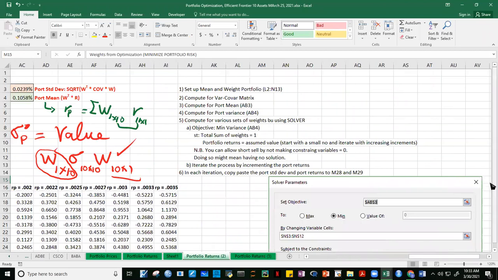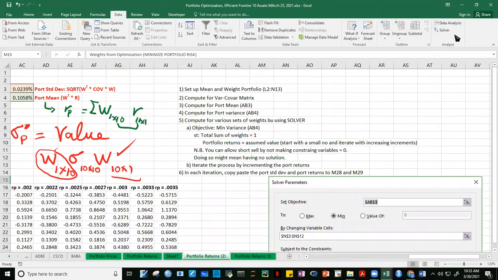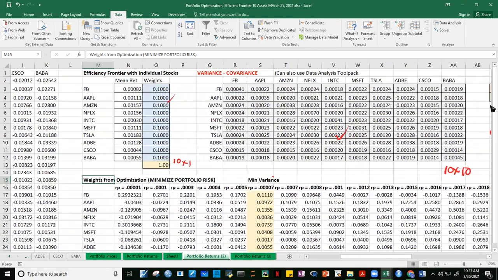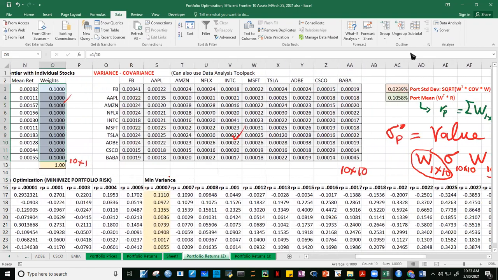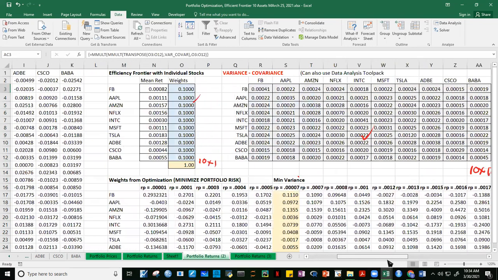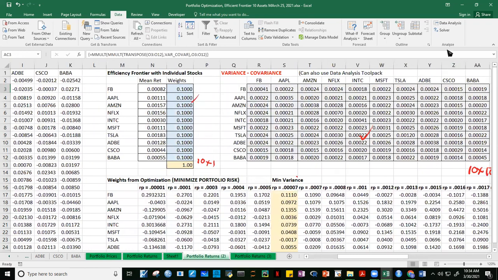Okay, so you'll be needing this. Luisa, check your data if you have the Solver in Analyze, at the end. Yes, sir, I have it. Okay, so let's now do this. Take note, what we compute here are these weights, so that our portfolio's standard deviation will be minimized. Okay, so let's go to Data and then Solver.